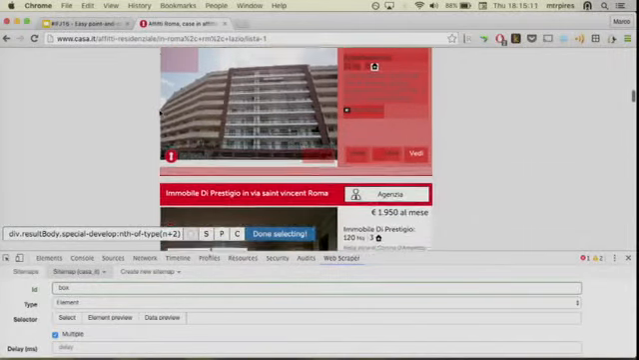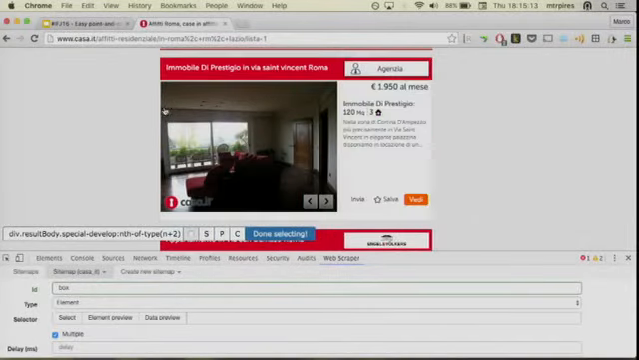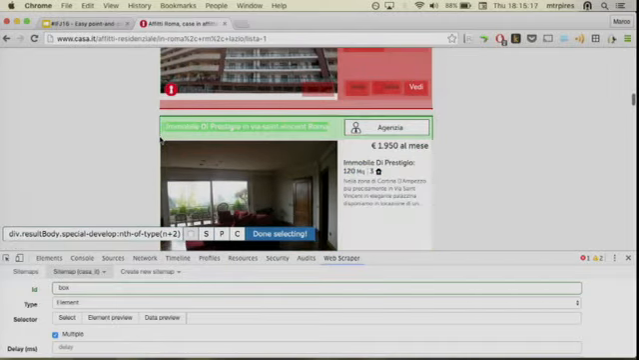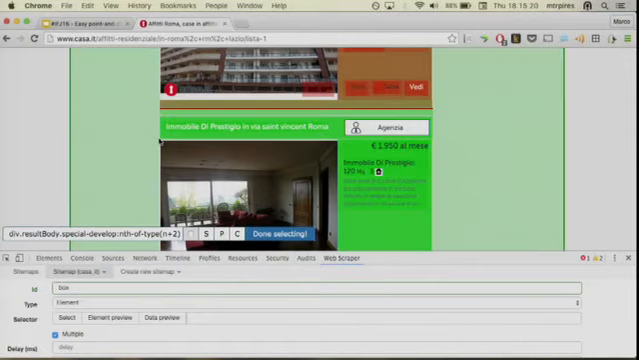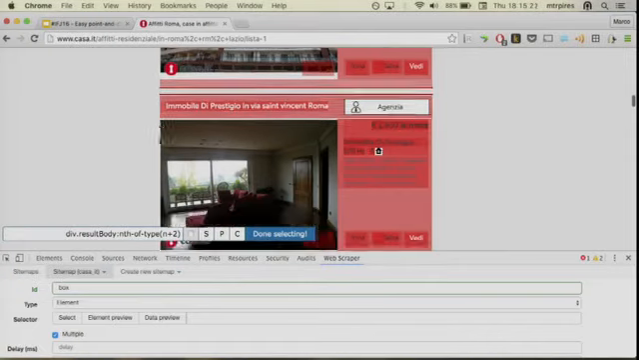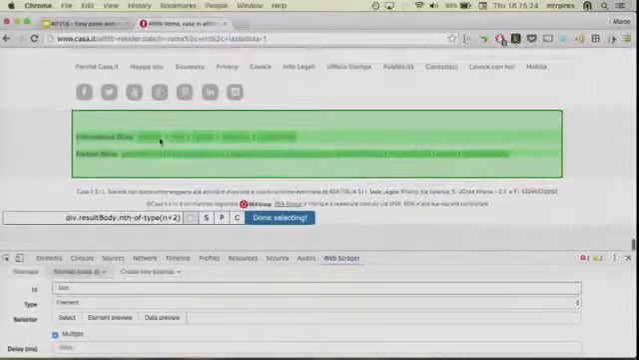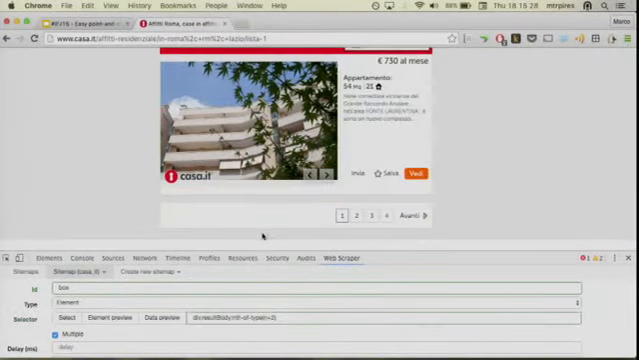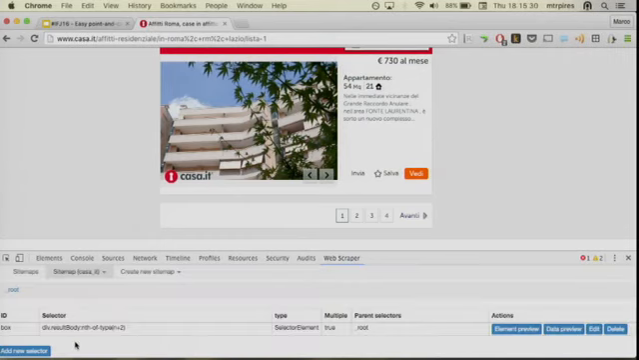Did it automatically select all of the other ones? No. So I have to be careful. I have to check. It selected some, but not all of them. So I'm going to select this one as well. Okay. Now it looks like it identified all of the boxes. Done selecting, save selector, you go into the box,